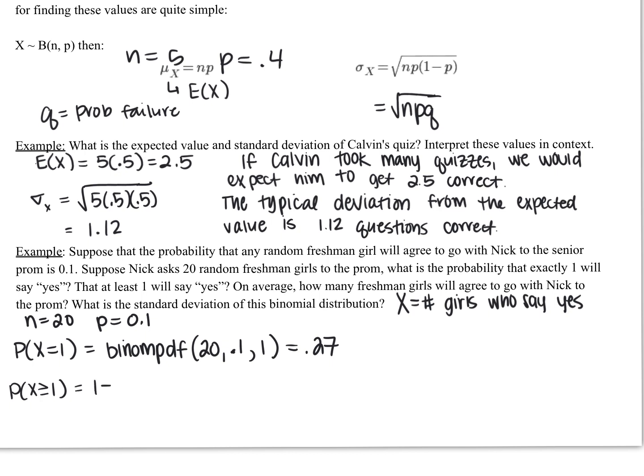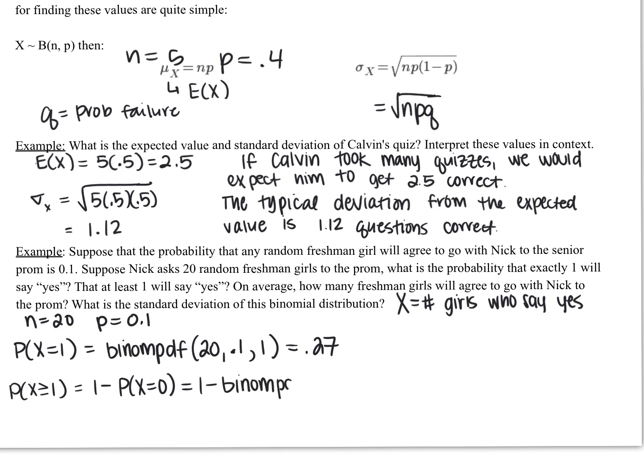Now, if I wanted to switch it to a less than or equal to, it'd be the probability that x is less than or equal to 0. But since 0 is the smallest thing I can get, it's 1 minus the probability that x equals 0. So it's 1 minus the probability that no one says yes, which is going to be 1 minus